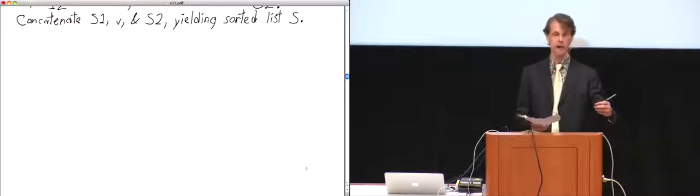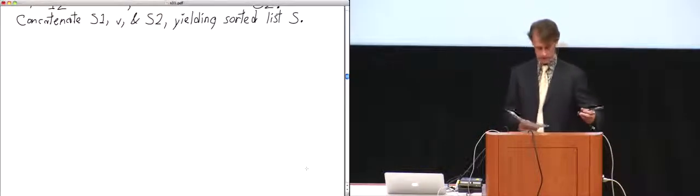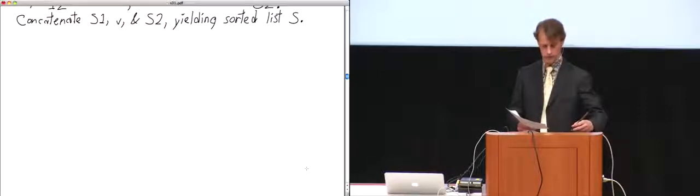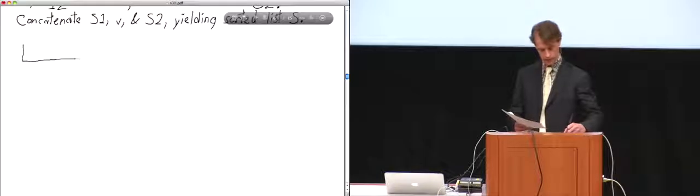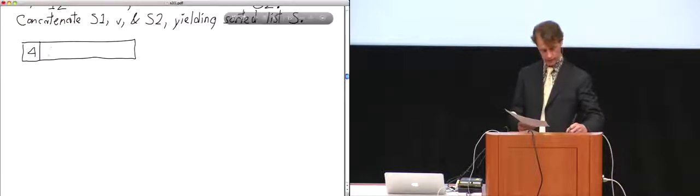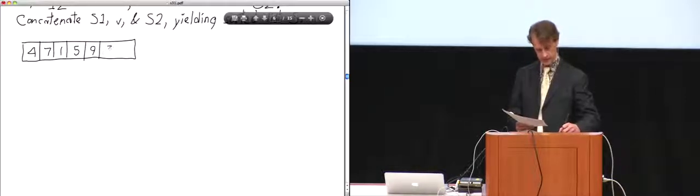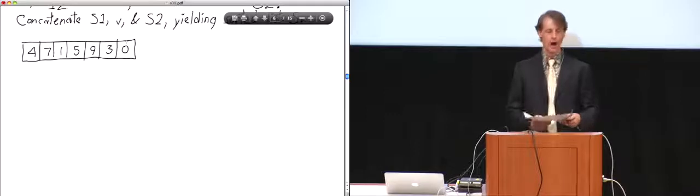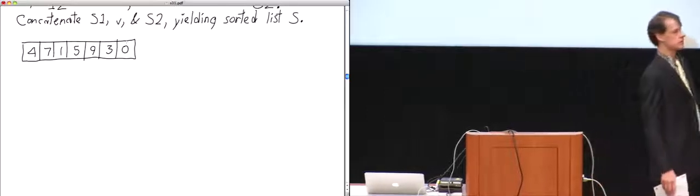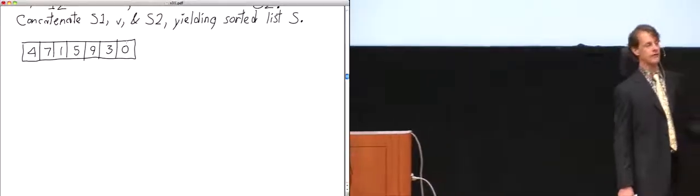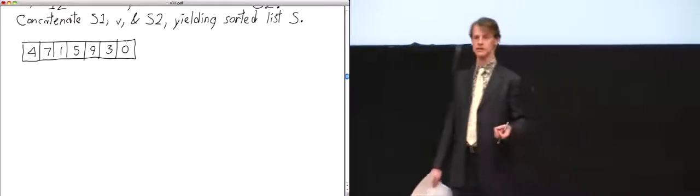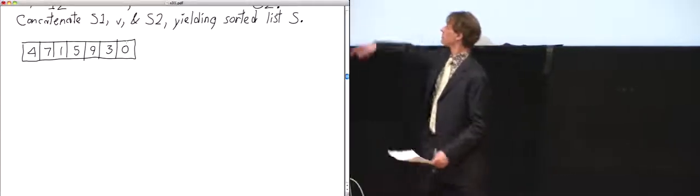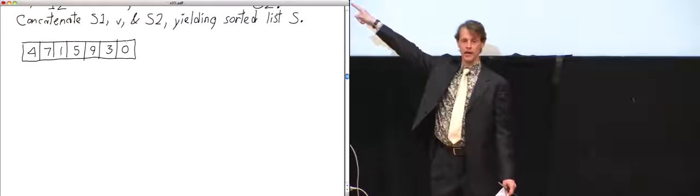So I'm going to give you a couple of examples. I want to show you what can go right, and then I want to show you what can go wrong. So let's start with what can go right. Here is an array of 7 items, 4, 7, 1, 5, 9, 3, 0. For now, I'm going to use the rule that the pivot is always just going to be the first item in the array. So when I start, I'll make 4 my pivot.